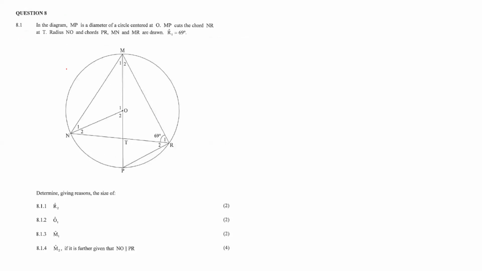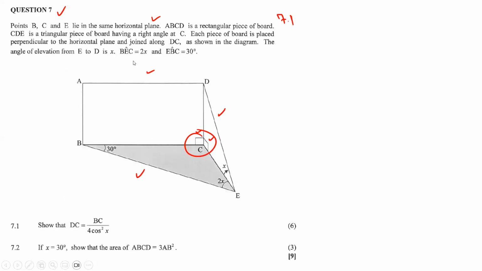The angle of elevation from E to D is X. DEC is 2X. EBC is 30 degrees. 7.1. Show that DC is BC over 4 cosine squared X. So first we shall work in triangle